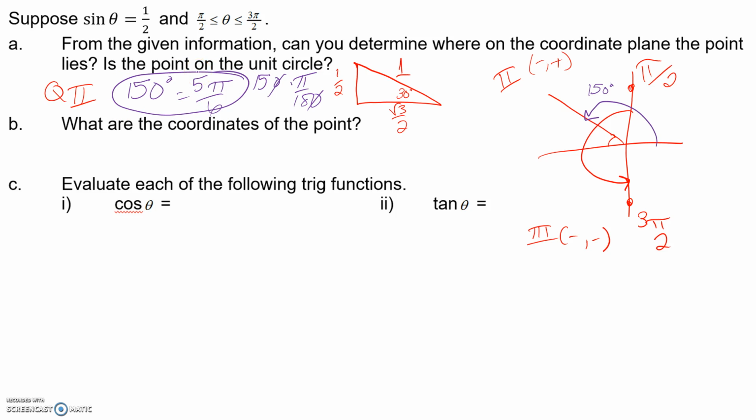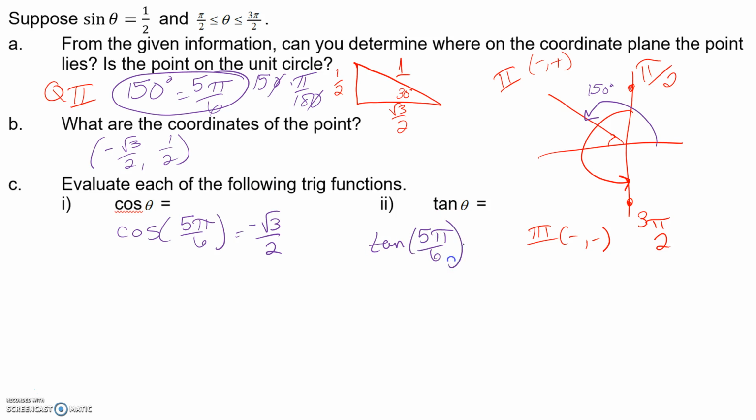And so then the coordinates of that point are going to be my x and y value, so it's going to be negative square root of 3 over 2 and 1/2. And so it says evaluate each of the following trig functions. So cosine of 5 pi over 6 is going to be negative square root of 3 over 2, because it's the x value, and then tangent of 5 pi over 6 is going to equal 1/2 divided by square root